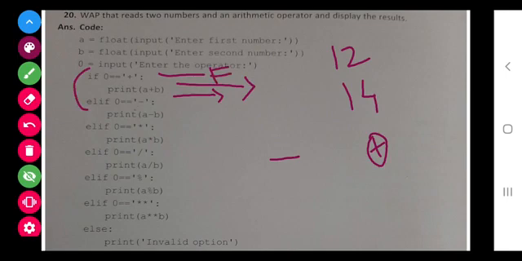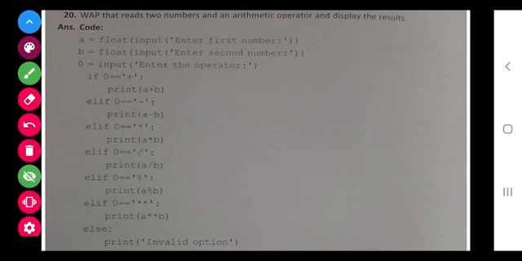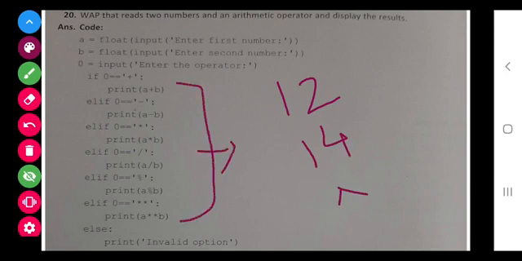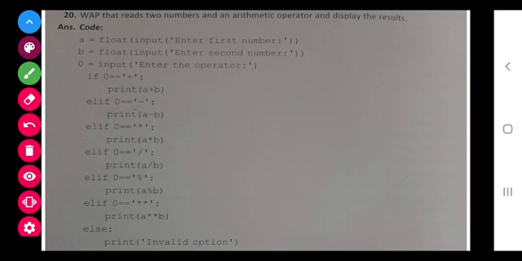Then it will go to the elif of this if. Then this is the true condition, so this will get displayed. This will give the result, that is -2, and so on. Now at last, when all the conditions fail, suppose the user enters 12, 14 and an operator for which we have not given a condition, so it will go to the else condition. So the else statement is also very important to give. I hope you all are understanding, class. You do it.